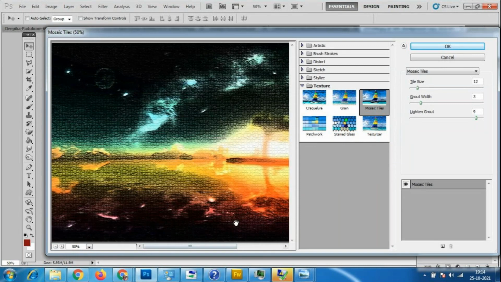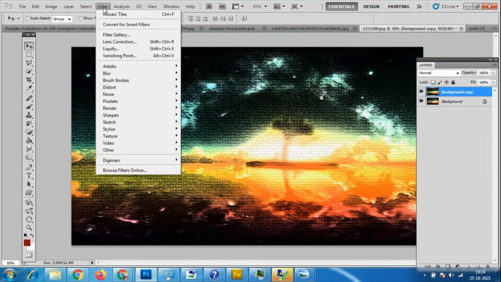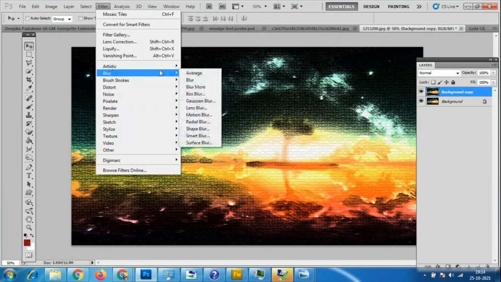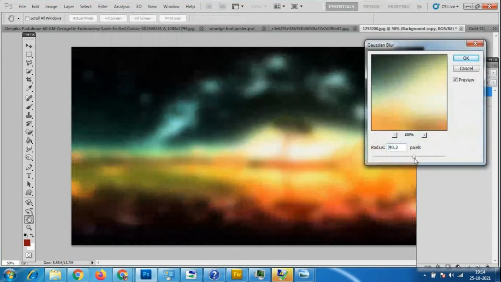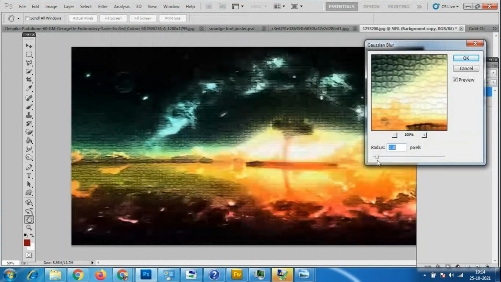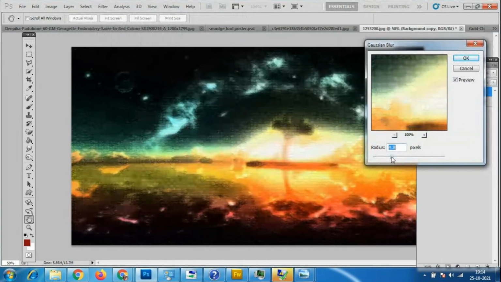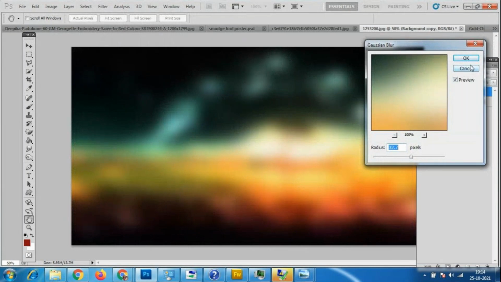I have given this mosaic effect, and I'll go to blur and Gaussian blur. It will blur as much as you set. So you can use these in the background instead of that pink and white combination.